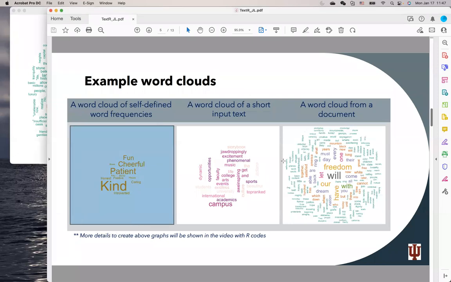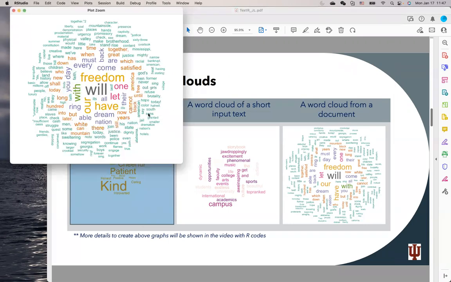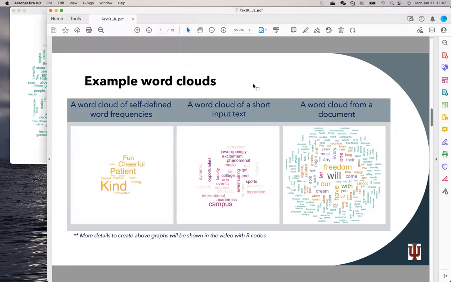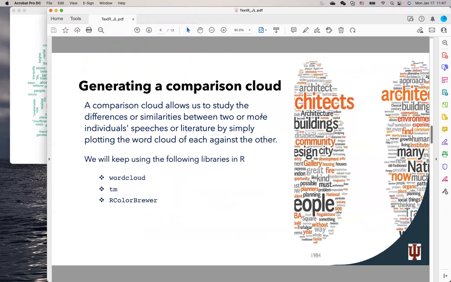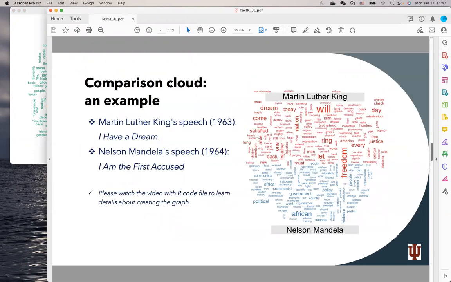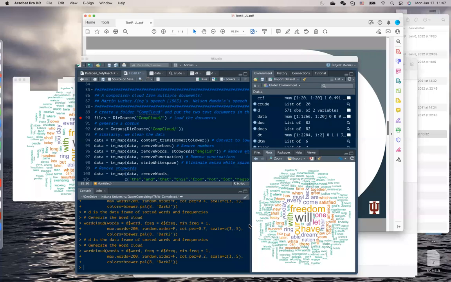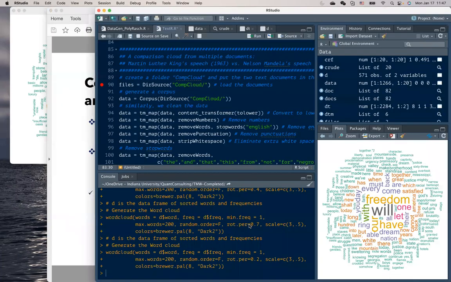So we just show the 3 example figures in page 5. In addition to graphing just one text file, we can also compare multiple text files and see the difference of word frequency. In page 7, I showed an example of comparing 2 text files, the Martin Luther King's speech versus Nelson Mandela's speech. To make comparison of several text files, we need to first create a folder and put all